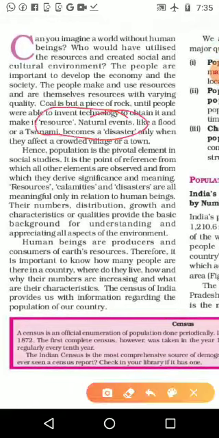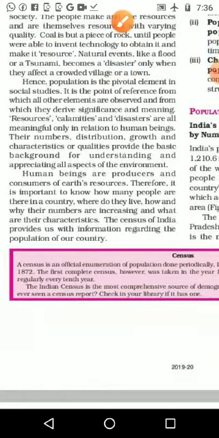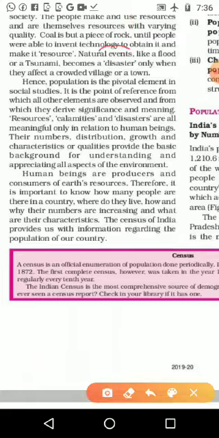Human beings as a resource: how we can make people a resource, what things we need for that, what we should do, and what things affect the human resource. It may be natural calamities, it may be health issues, many things are there. Or when population becomes a disaster, is it a liability or a burden to the government, and how natural events and social changes affect human beings.